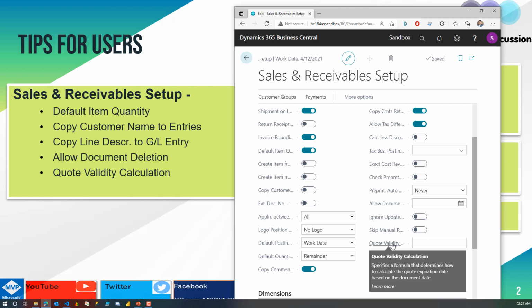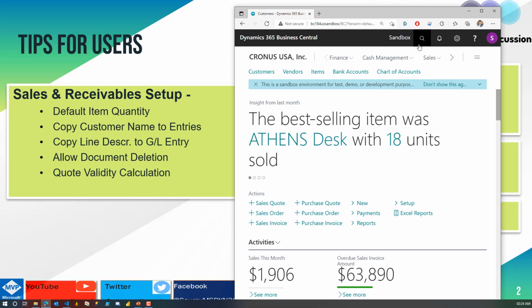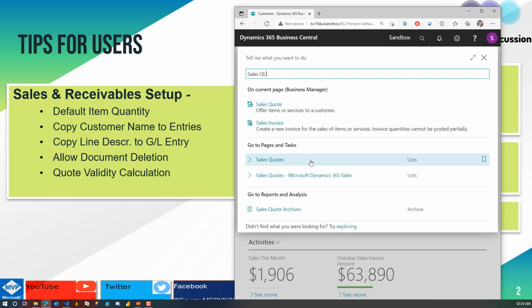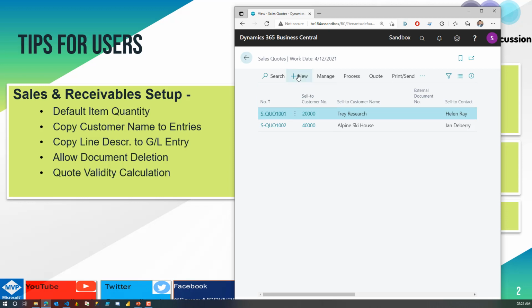So let's quickly see what happens. And we have only enabled the default item quantity. We'll create some documents, test out these features, and then we'll come back and enable these. So now let's start with the sales code. So when you go to the sales code and try to create a new code,